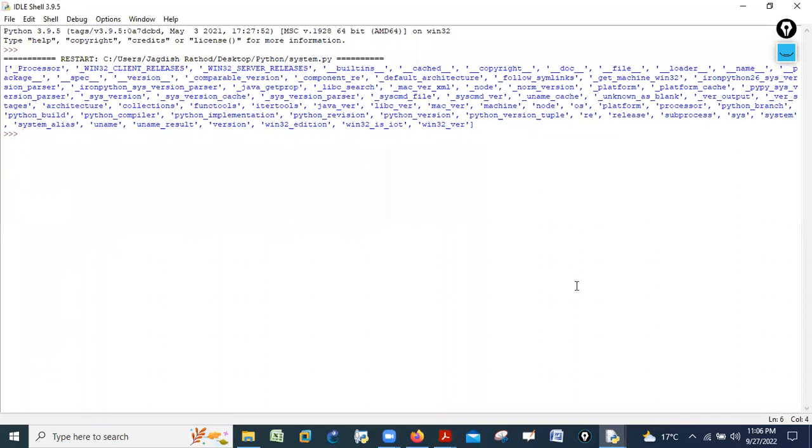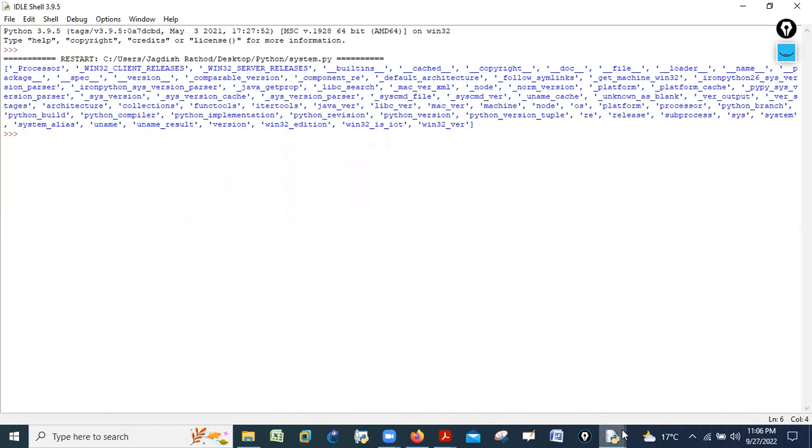You can see processor, Windows 32 client release, Windows 32 server release, built-in cache, copyright, doc, file, loader, name, package, specific version, and all the directory. These are the directories which are available in my Windows operating system.